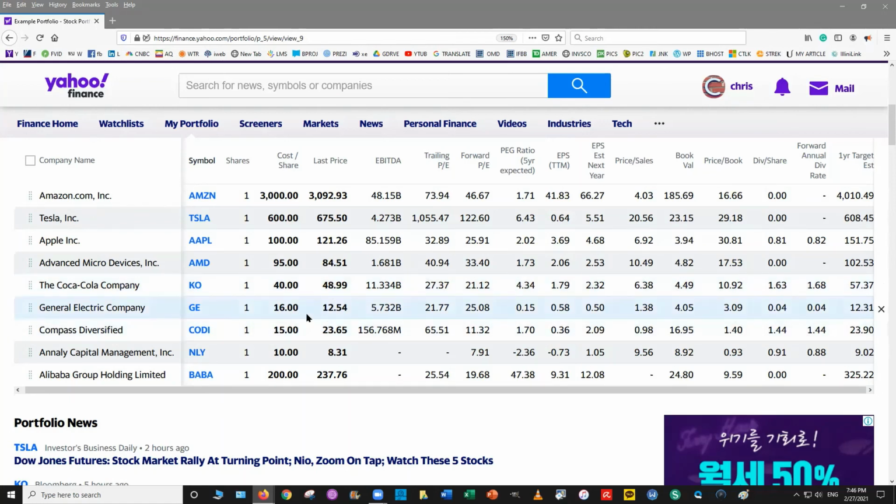Look at GE. They're saying, hey, in 1 year, it's going to be $12.31. So all the experts, they average them out, right? One says it's $15, one says it's $8. They divide it out and they're saying, hey, it's going to be $12.31. Well, GE is above that right now. So is it going to keep going up? Is it going to keep going down? Right now, the experts are like, it's fair value. That's about where it should be. So I don't always do the target estimates. Sometimes I look at them and see, what's the difference? And why is there a difference?